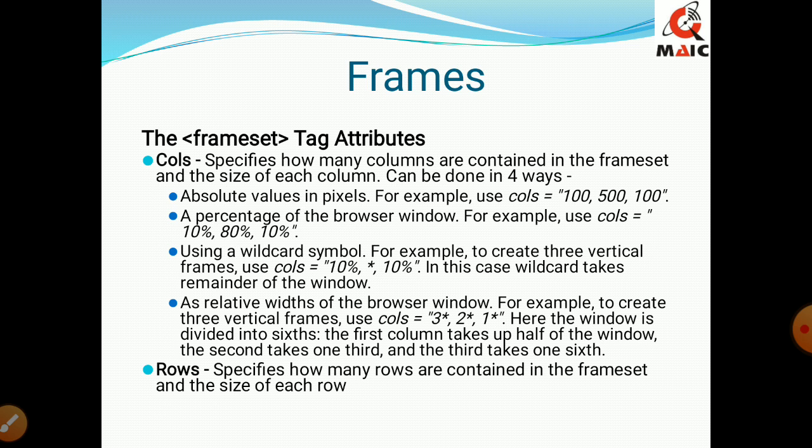The first frame will get 3 by 6, which comes to half of the window. The second will get 2 by 6, that is 1/3 of the browser window. And the last one gets 1/6 of the browser window, making it one full whole. In the same way as we did for cols, that is the columns, we can even do it for the rows.